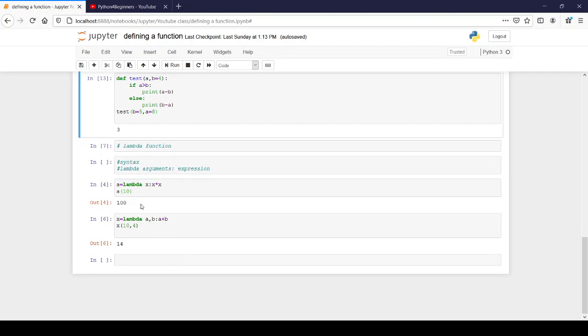Very simple. So a lambda statement will be executed in less time. Whenever we want to use the same expression only once, then we will go with a lambda function. Otherwise, we will go with a function definition, like defining a function. If you want to use it multiple times, then we will define a function and call it whenever we want. But if you want it only once, then we'll go with a lambda function, and lambda function execution time will be less. So I think this topic is clear for you.